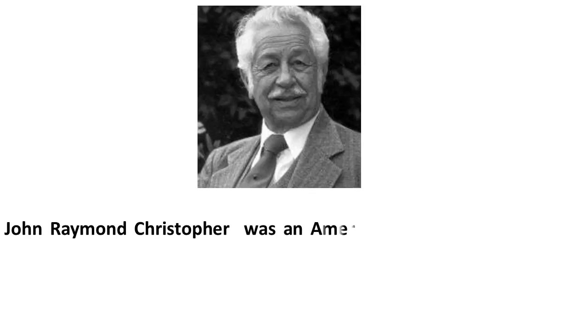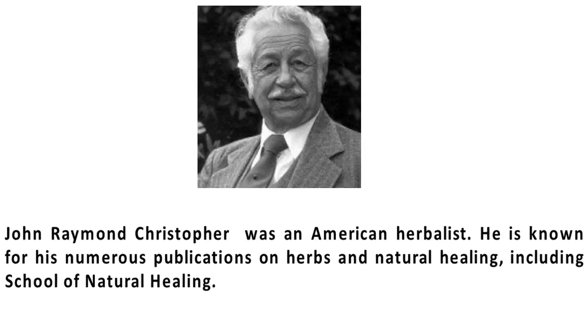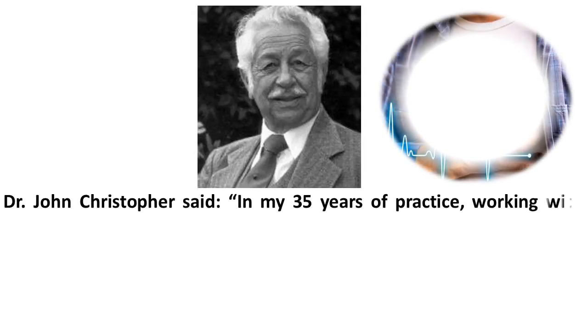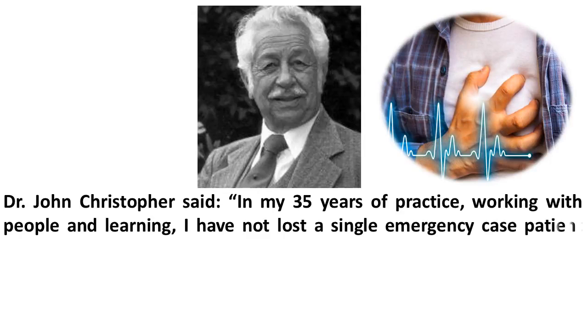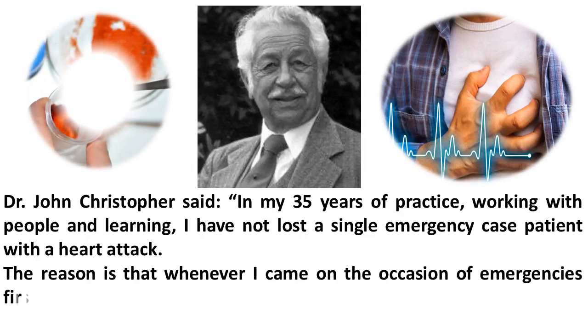Christopher was an American herbalist. He is known for his numerous publications on herbs and natural healing, including School of Natural Healing. Dr. John Christopher said, "In my 35 years of practice working with people and learning, I have not lost a single emergency case patient with a heart attack. The reason is that whenever I came on the occasion of emergencies, first thing was that I